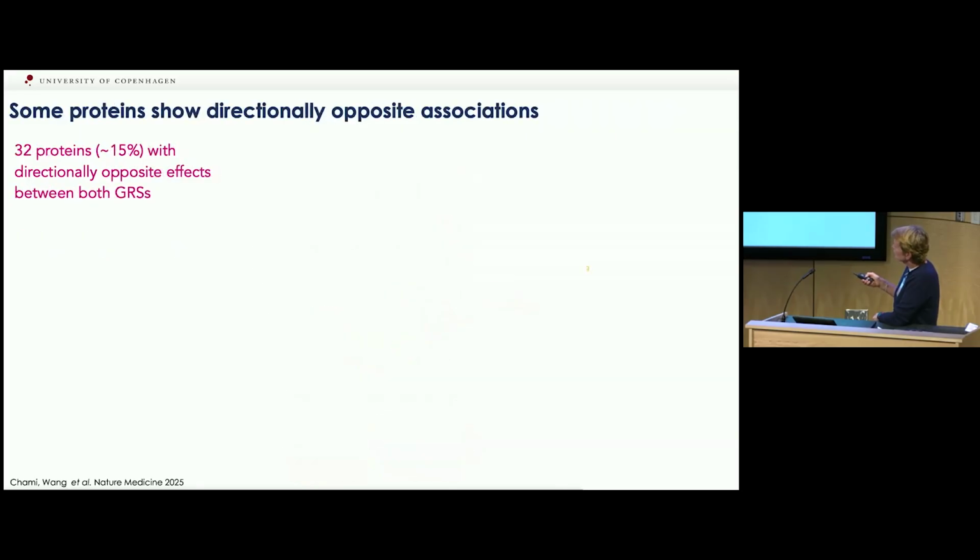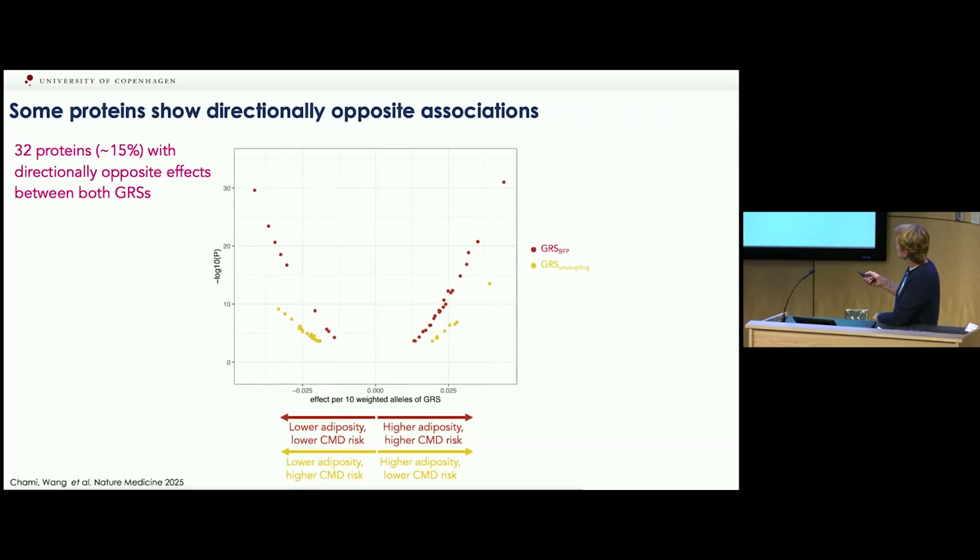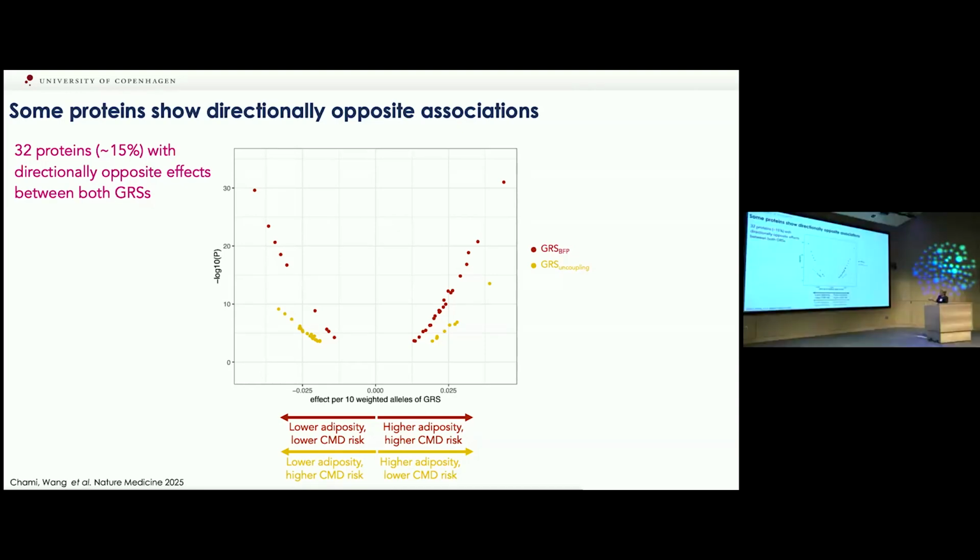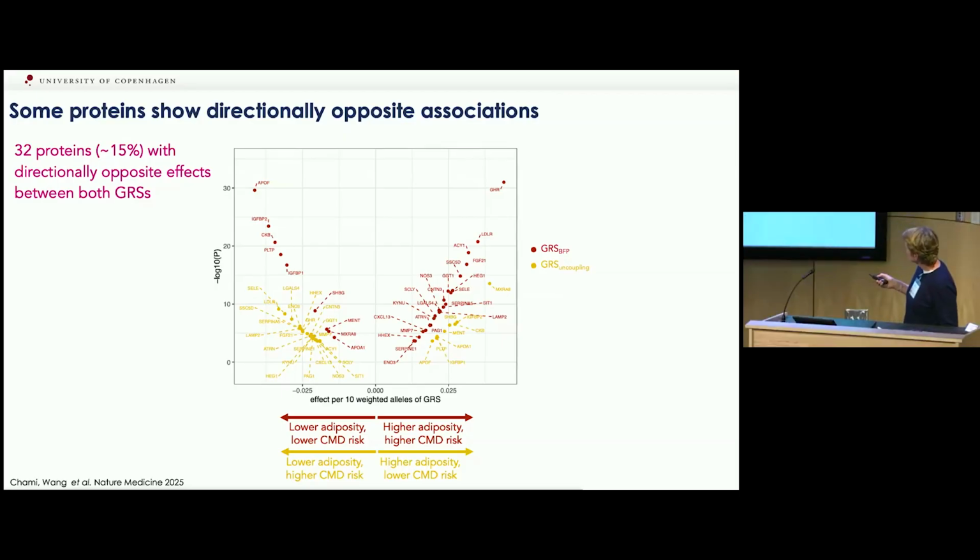There are about 32 proteins that are actually going in the opposite direction. So they will show up here in the red dots, but here on the yellow dots, and on this side on the red dots, and here on the yellow dots. So, for example, growth hormone receptor, LDL receptor, ApoF, FGF21. Too much data to really go into the detail right now, but for us, it suggests that they're not driven by adiposity as such, because then they would lie on the same side, but now they lie on the other side. And what could explain this is that they're driven by the health status, the cardiometabolic health status.